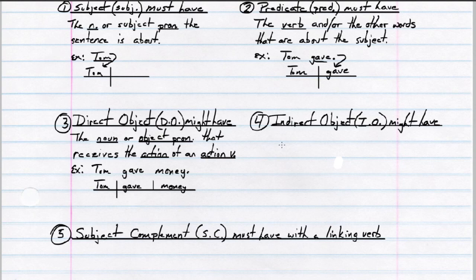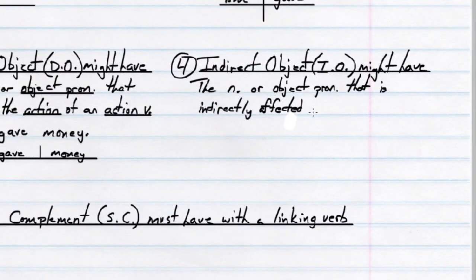But the definition is this: a noun or object pronoun that is indirectly affected by the action verb